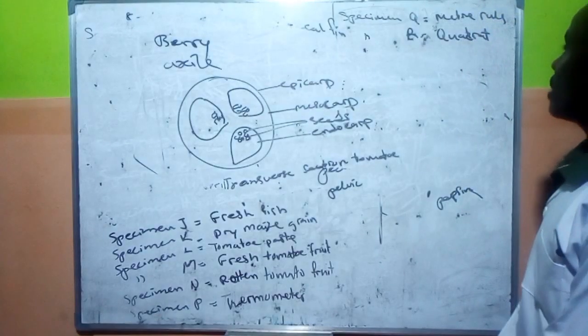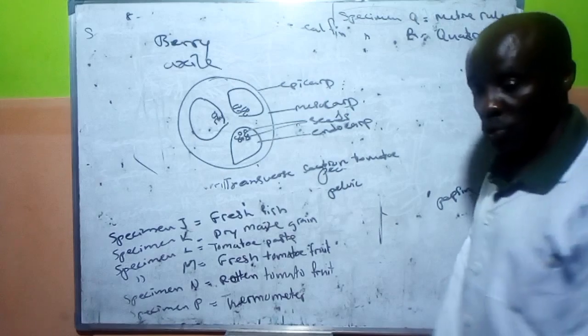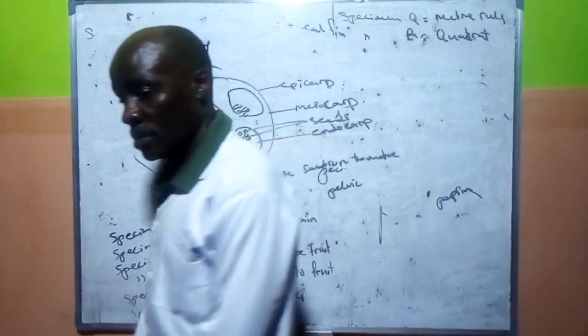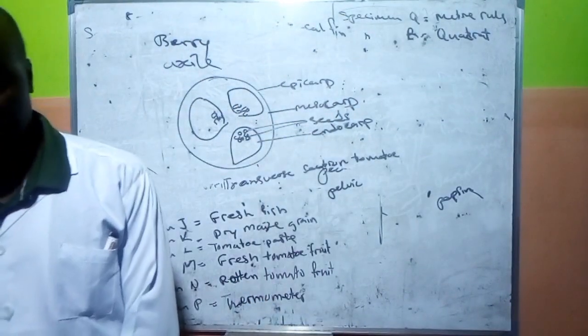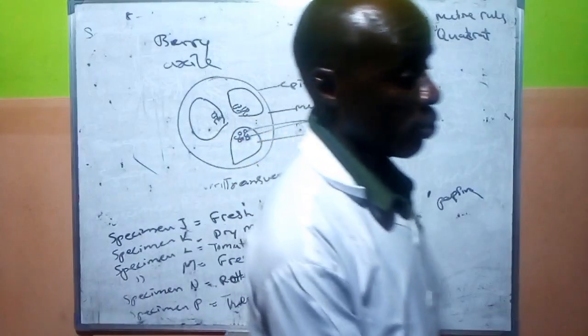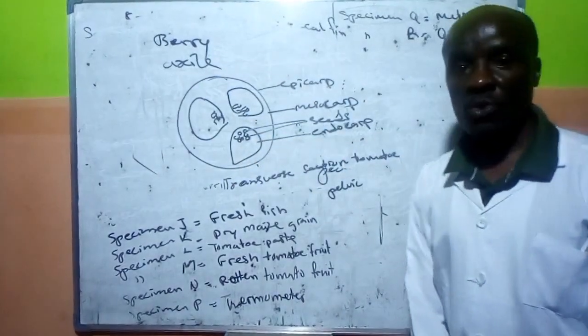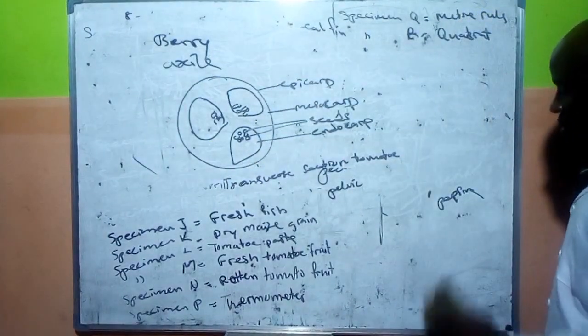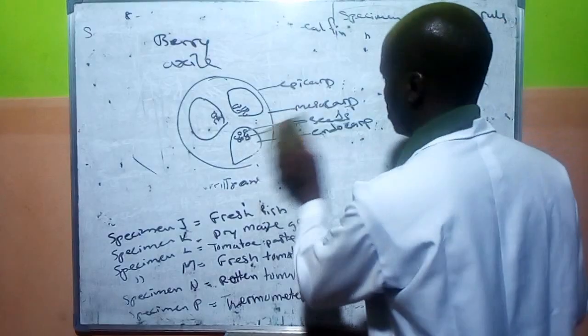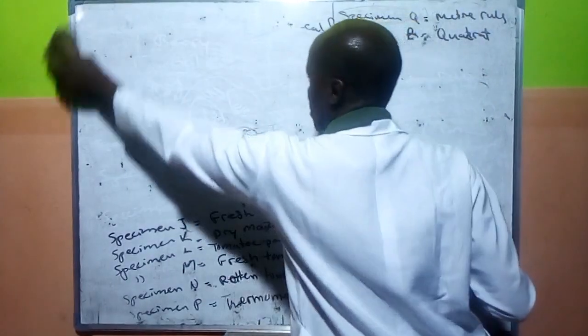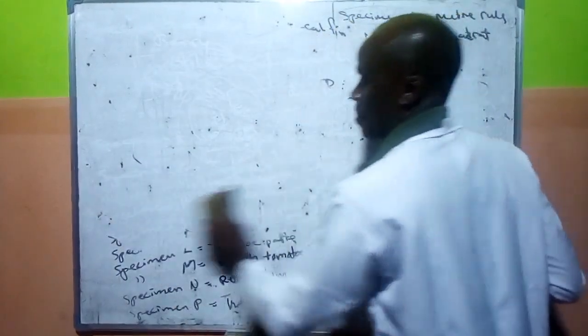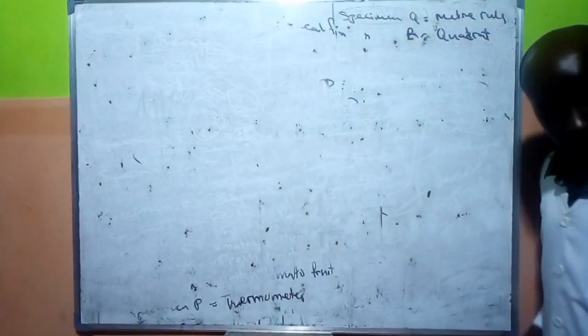So the last one we have there is a quadrat. Quadrat is used to study the population of the environment. Perhaps we can also use it to study population density. So now let me just give you an idea of how to use this quadrat in solving problems that have to do with population. For example,